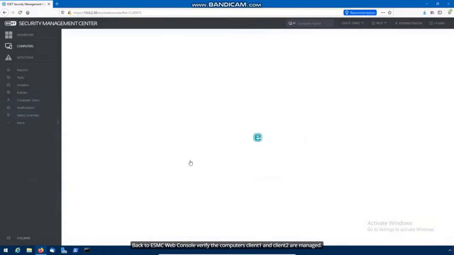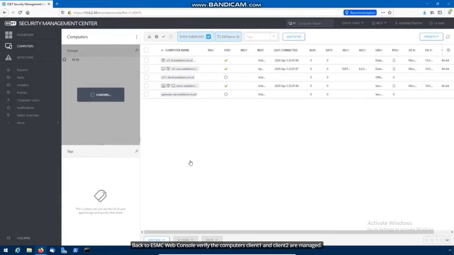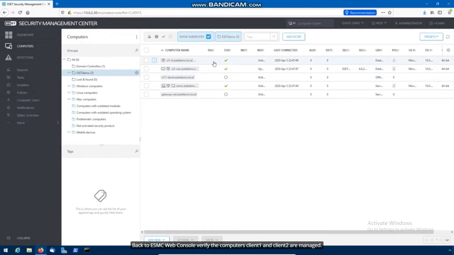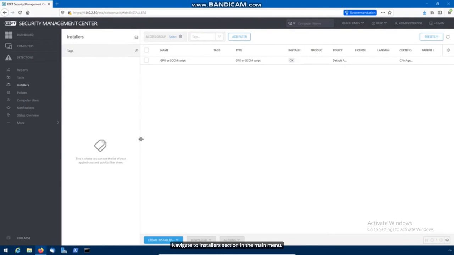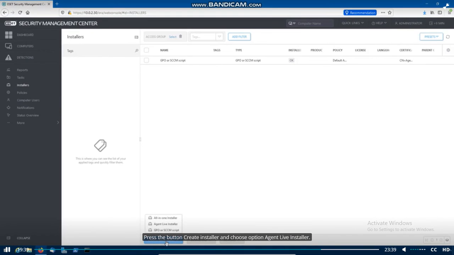Back to ESMC Web Console. Verify the computer's Client 1 and Client 2 are managed. Now, create the Agent Live installer. Navigate to Installers section in the main menu. Press the button Create Installer and choose option